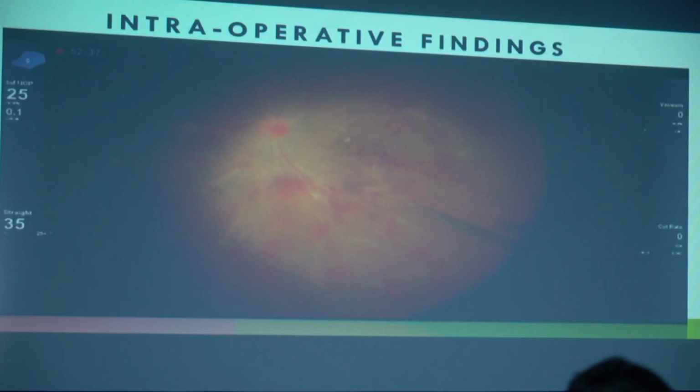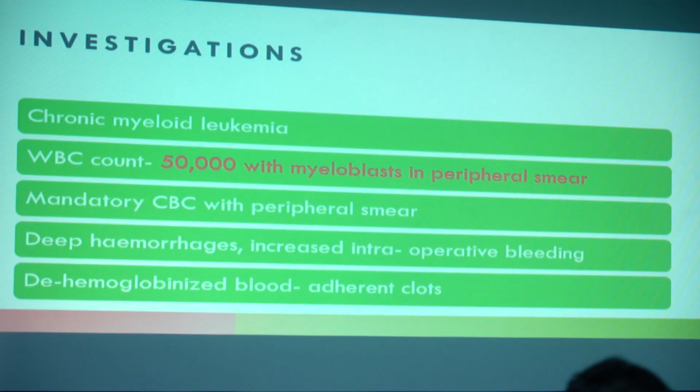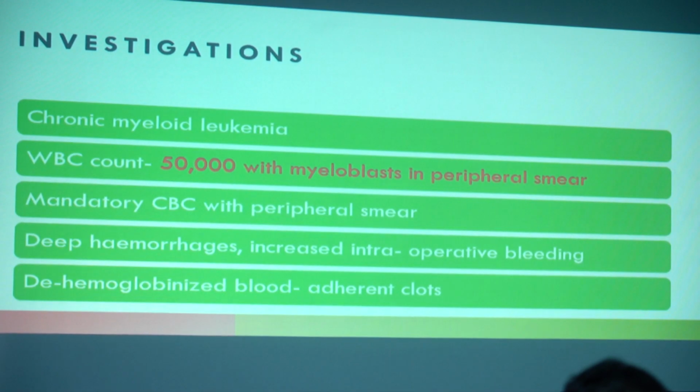I don't have the video for this, but when we did investigations, we found that there was chronic myeloid leukemia. WBC count was 50,000 with myeloblasts in the peripheral smear. There was a mandatory CBC with peripheral smear. That's why we say, as the sir was also pointing out, what is the importance of peripheral smear